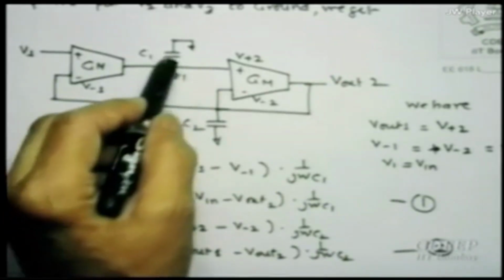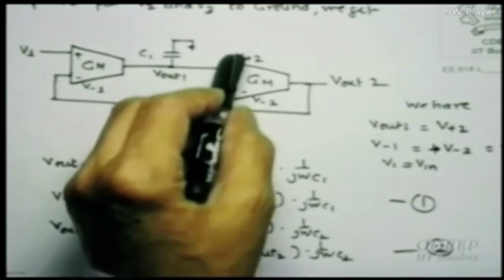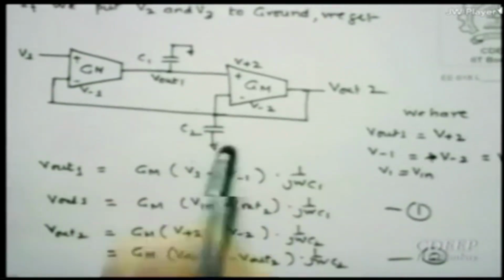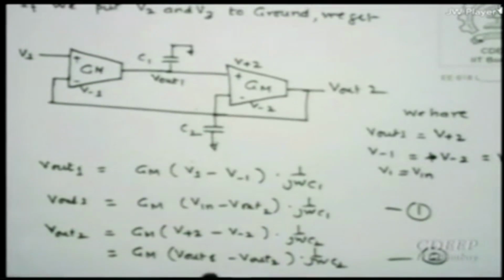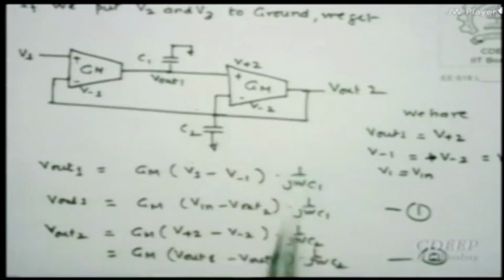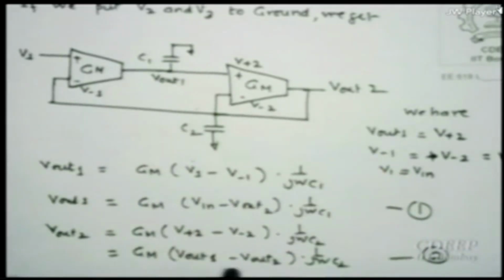Now please take it, this capacitance should be larger than any other capacitance at the input end, otherwise that will get modified. But still they are in parallel, so C may still be a little different than the norm, but it's okay. C2, which is Vout1 minus Vout2. Please remember V plus 2 is Vout1. So Vout1 minus Vout2, V minus 2 is Vout2. So Vout1 minus Vout2 into